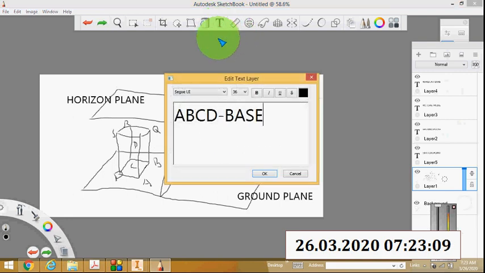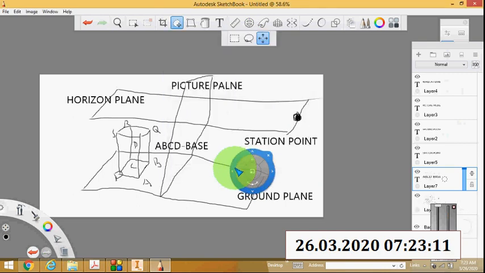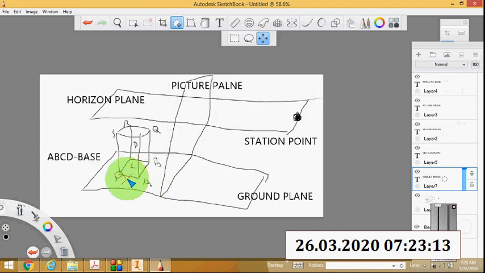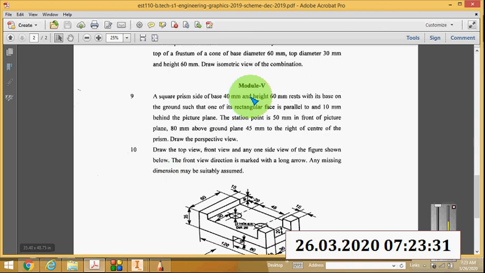You can see this A, B, C, D is the base. This square prism is resting on the ground plane, this plane is the ground plane, and the square prism is resting on its base A, B, C, D on the ground plane, and such that one of